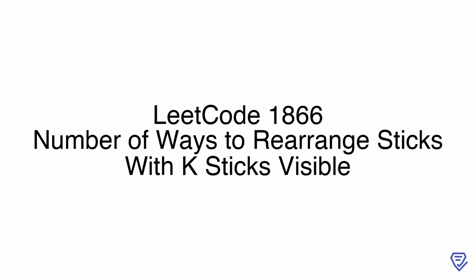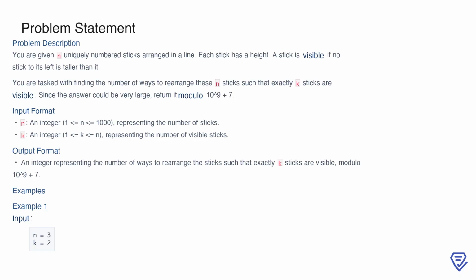Welcome! In this session, we'll explore problem number 1866, titled Number of Ways to Rearrange Sticks with K-Sticks Visible. This problem challenges us to think critically about permutations and visibility constraints, making it an exciting topic to tackle. Let's dive in. In this problem, we are tasked with arranging n uniquely numbered sticks, each with a specific height,